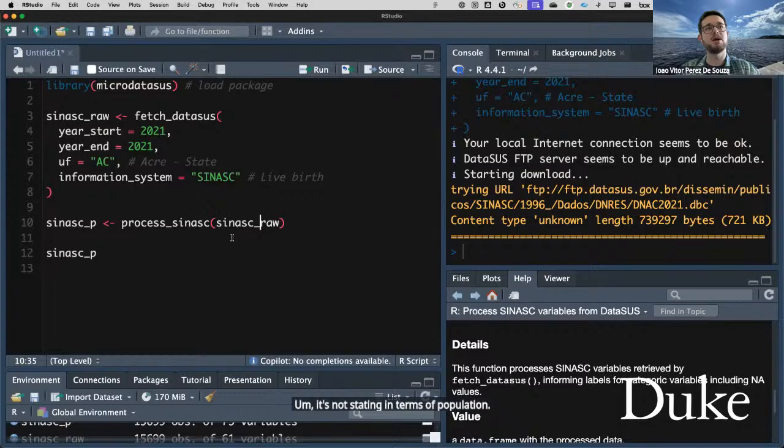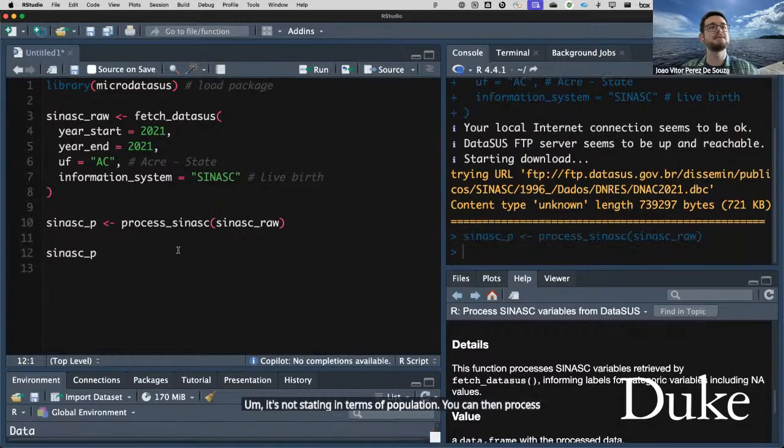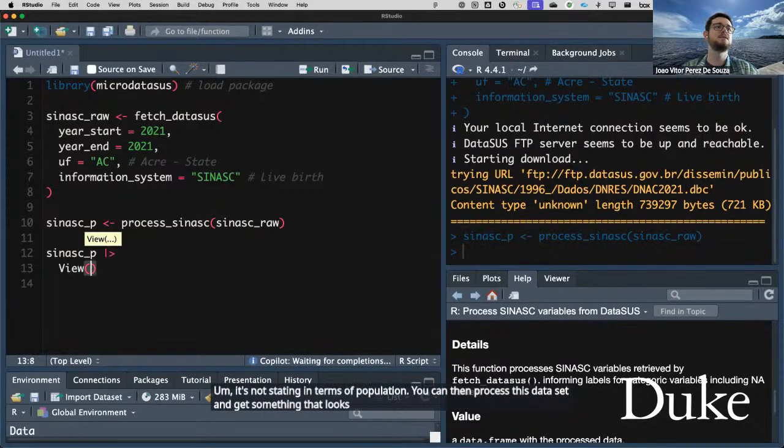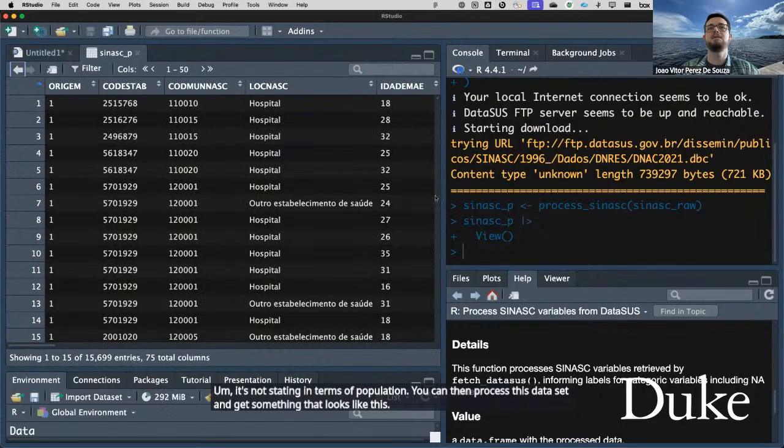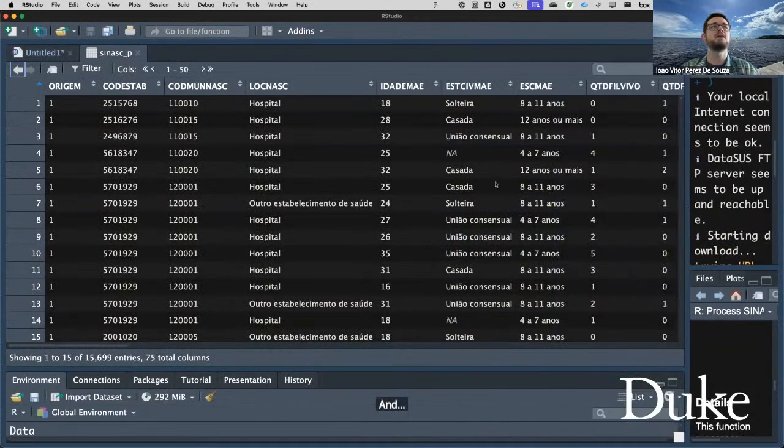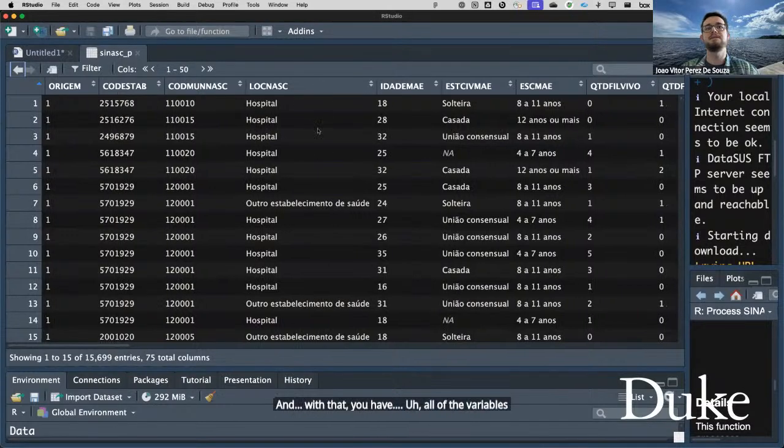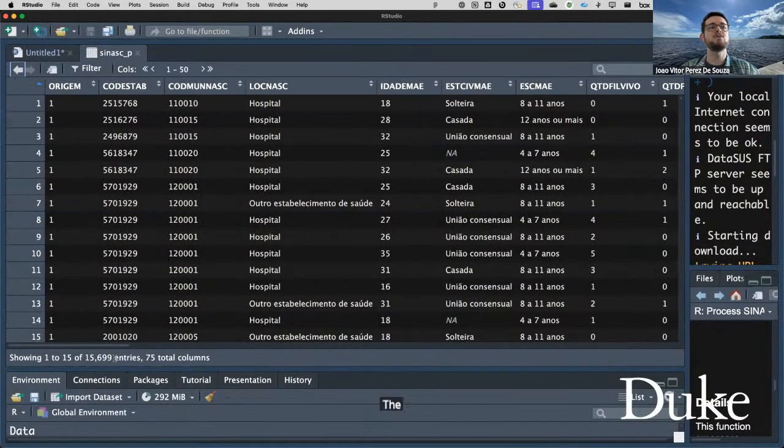You can then process this data set and get something that looks like this. And with that, you have all of the variables that the data set comprises. So we have about 16,000 entries with 75 variables. So just to give you examples, this one here means mother's age.